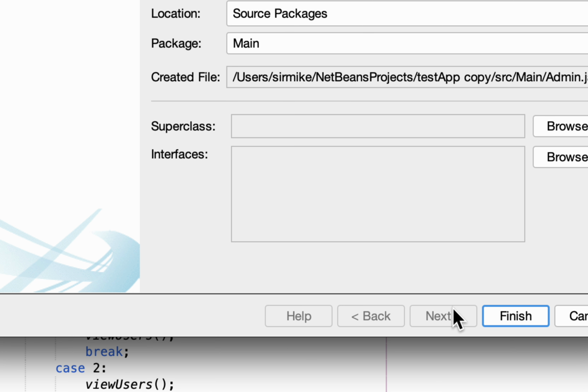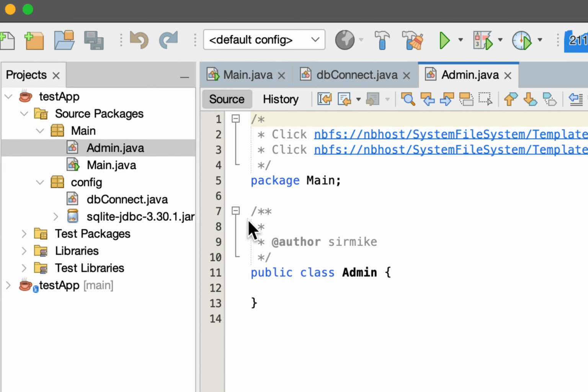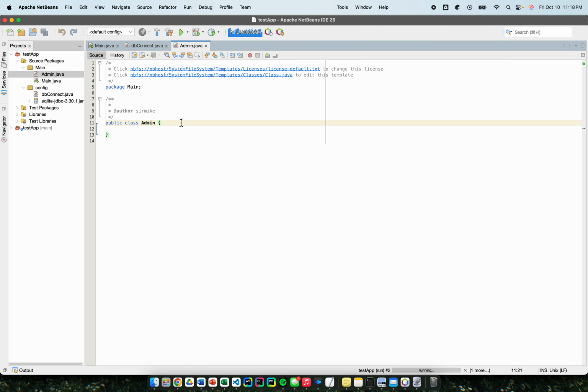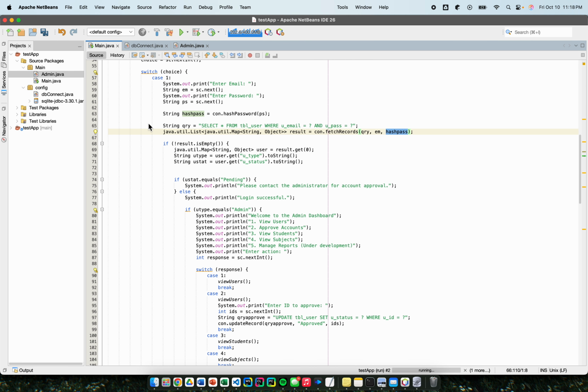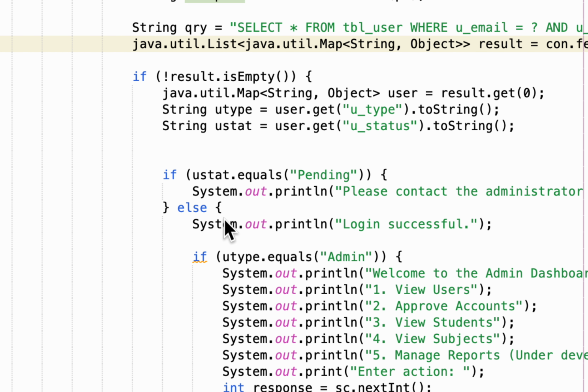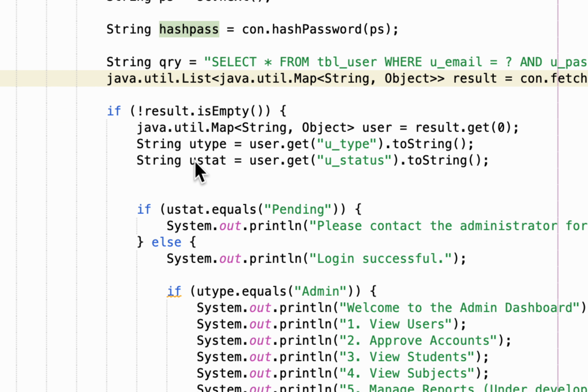Yeah, I'm just gonna click finish. Since we now have an admin, what I'm gonna do is create a function. It's either a function or you can create this as a main class. But here's the easiest version to do this, or to make it more concise to what we want